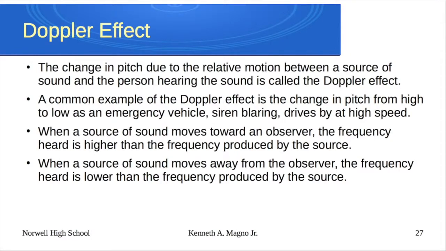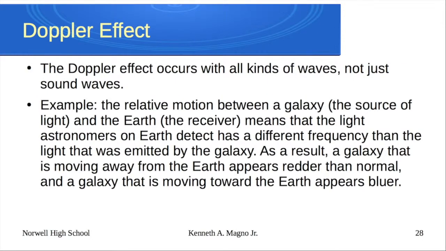Doppler effect also has other applications to other waveforms. So we use Doppler in terms of radar to figure out how weather systems are moving. We use it in astronomy to figure out how stars are moving, right? So within the relative motion of the galaxy, if something's moving away from us, we might detect that that light is one color versus if it's moving towards us. So anything moving towards us gets blue shifted. Anything moving away from us gets red shifted. So there's a certain color the star should be based on what chemistry tells us because of the makeup of the star. But if those spectral lines that hopefully you learned about in chemistry move more towards the red or more towards the blue, we know that star's either moving away from us or towards us.